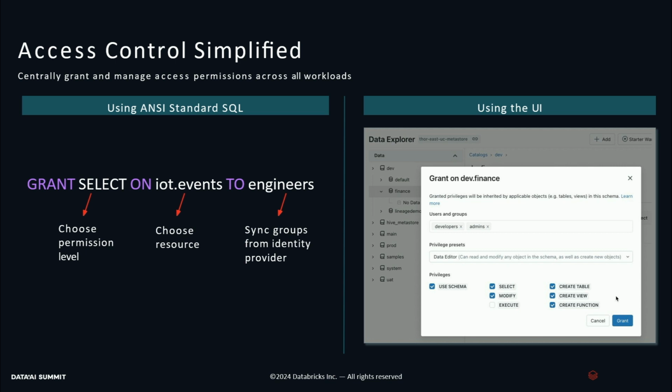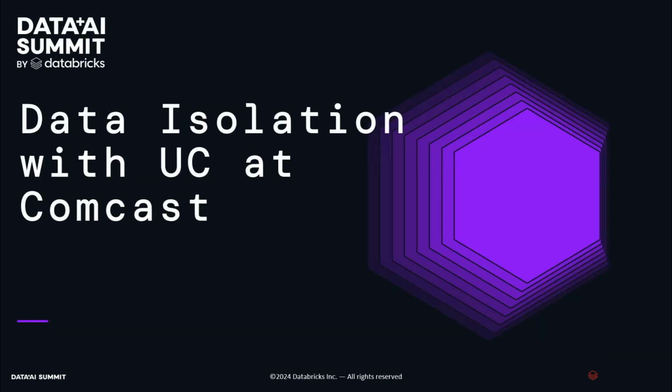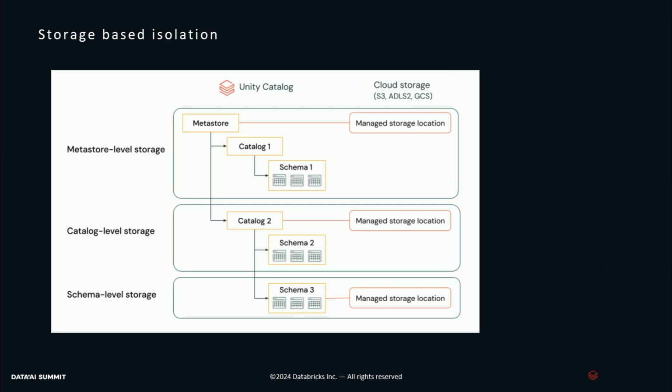Now the question that should come up in everyone's mind is, if this is the scenario, how do we achieve data isolation across these workspaces? So for that, Unity Catalog provides us multiple data isolation techniques, and at Comcast, we use a combination of data isolation on the basis of storage, on the basis of environment, and on the basis of individual users. So we'll go one by one on that. So if you see in this one,